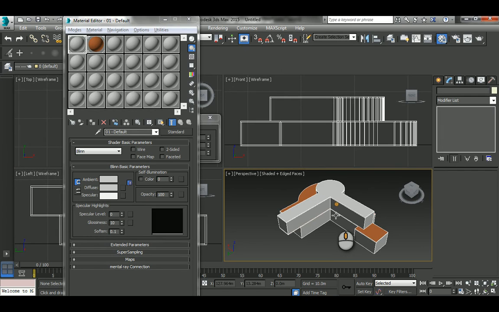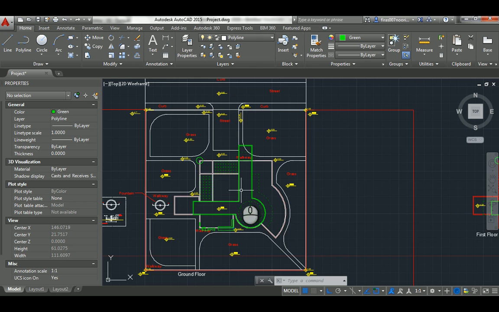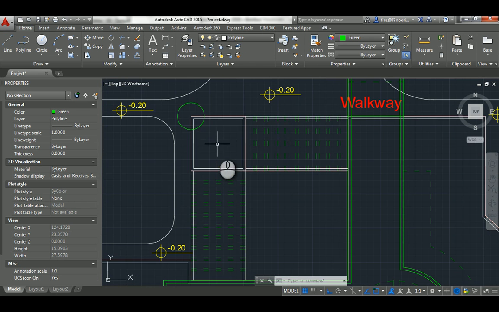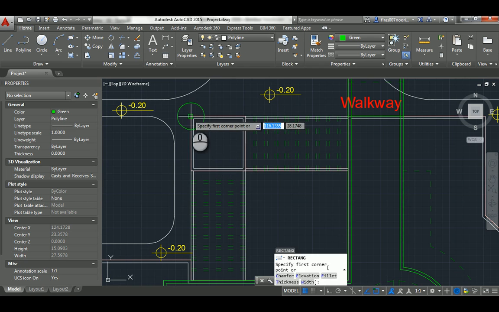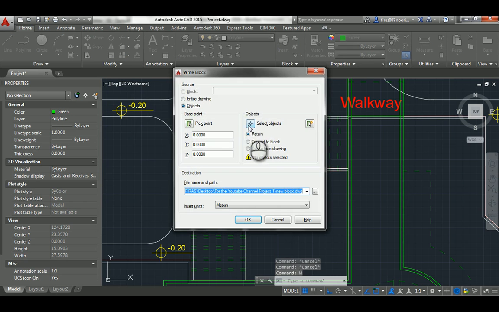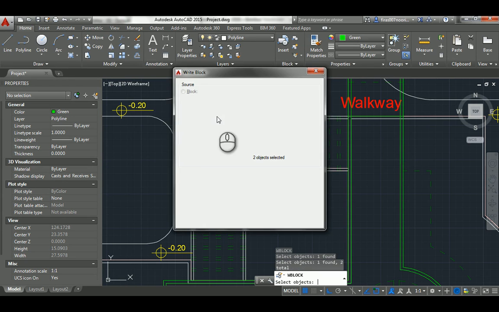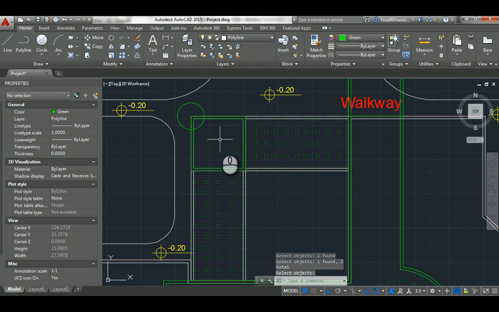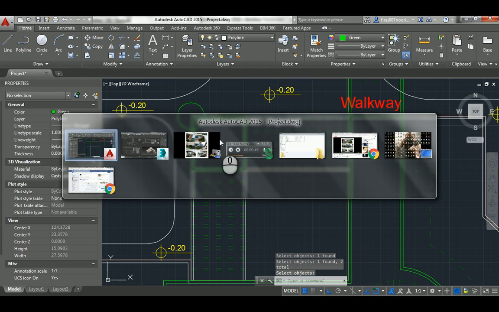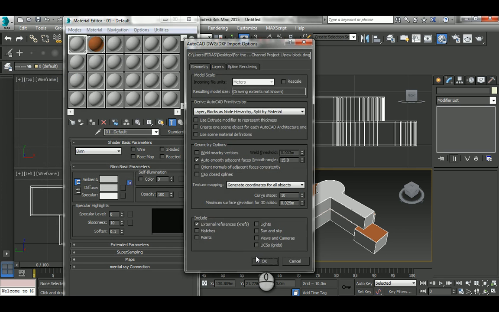We still need to model that object here, so I have to go to AutoCAD to complete this job. Here I will just build new rectangles, right block to replace them, similar steps to what we had in the previous tutorial. And in Max I just load the same file,